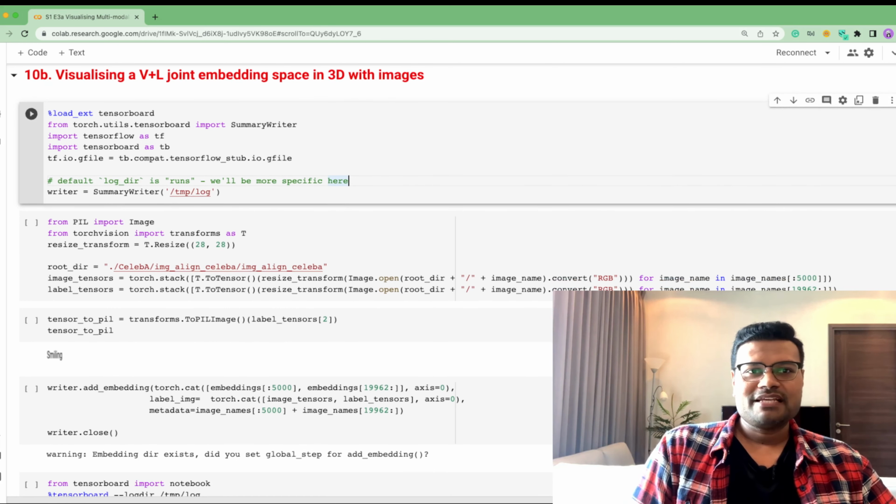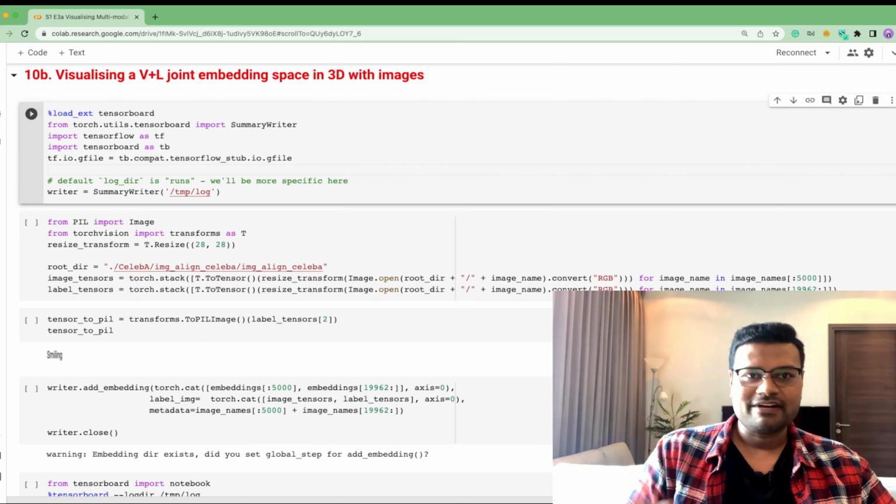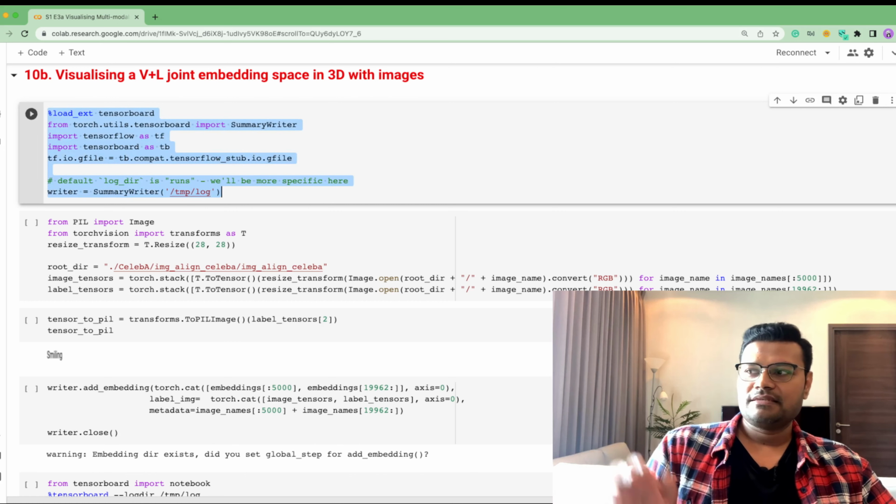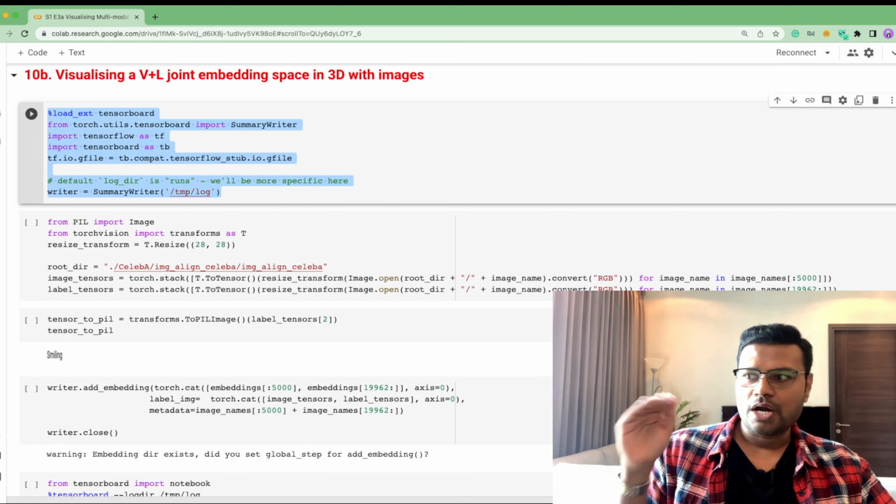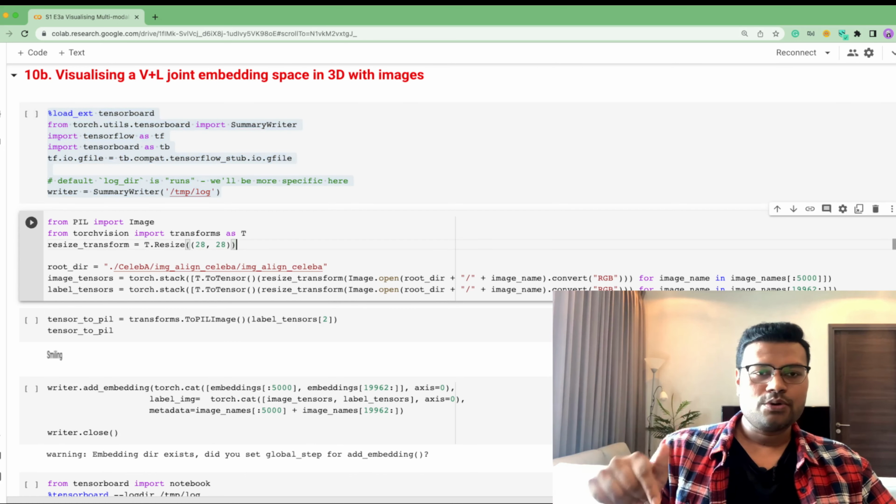Again, by no stretch of imagination am I a TensorBoard expert. Feel free to run your fingers around Google. You will find a lot of examples. So these are pretty straightforward three cells, which tell you how to instantiate TensorBoard and how to